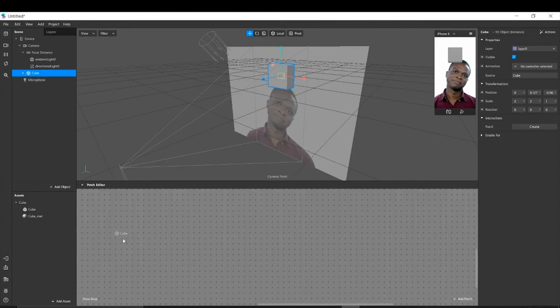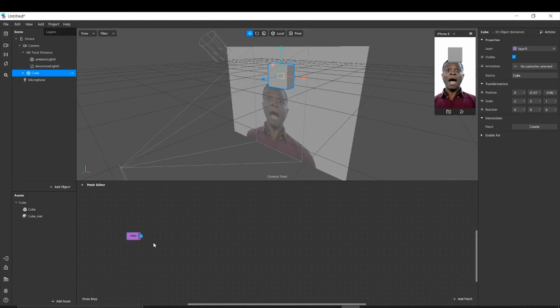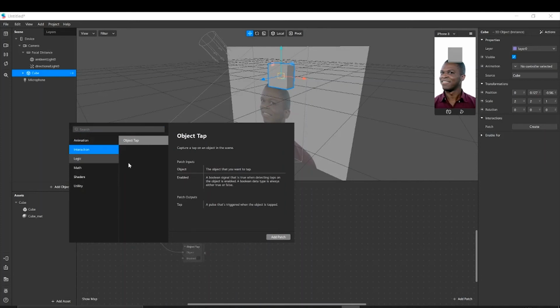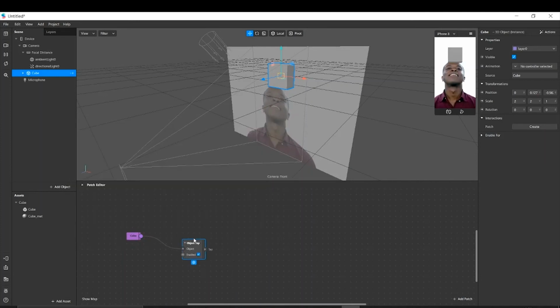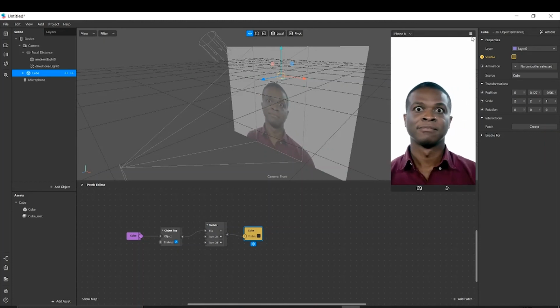Now see, if I bring the cube here, I get the object patch. Object patch I can connect to object tap. See, object tap requires object, right? So you need to think like that. So I bring in the object here. Tap and then object tap. But what should object tap do? So you need to bring it in here. Now I am preferring visibility because it's easy. Object tap, I bring it here. Switch. I have explained switch earlier. You go here and now see the object is not visible.